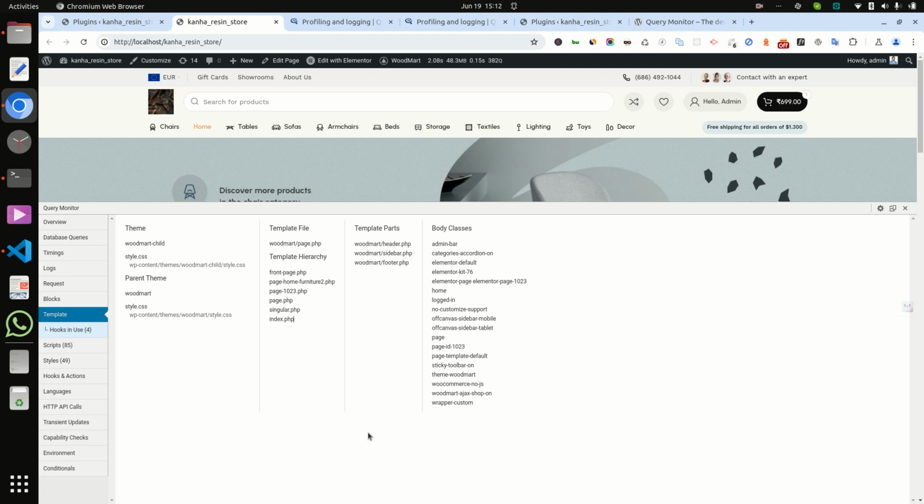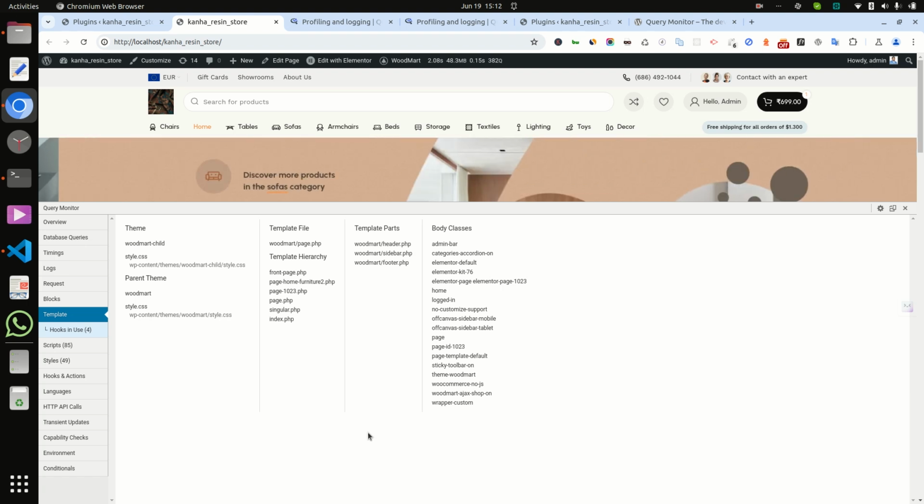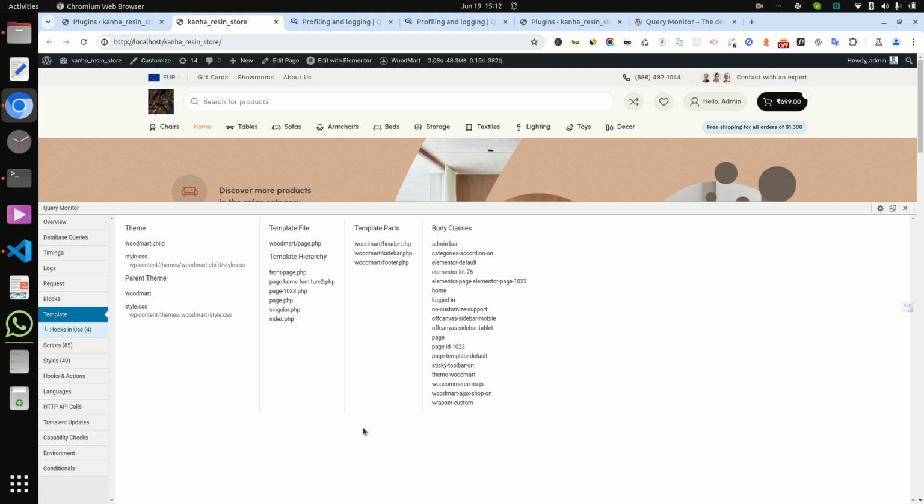So if you want to change anything at the code level, then you can go and change it in the code file also, and in this style sheet.